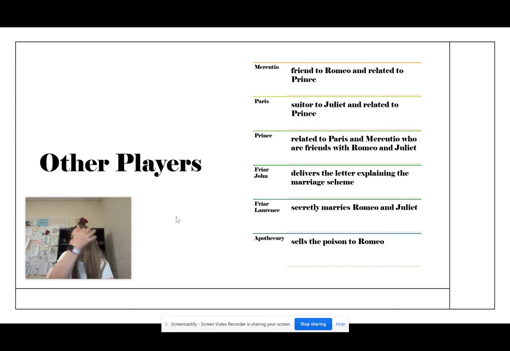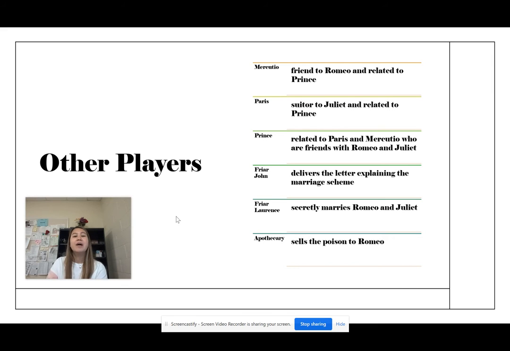Now, I have to clarify this because a lot of people, or even reviews, or even some websites online, always associate Mercutio being a Montague. Here's the thing though. He is not blood related to Romeo. He fights for Romeo, but he is not blood related to Romeo, but they are really good friends, making him belong to the other players. I hope that is clear.